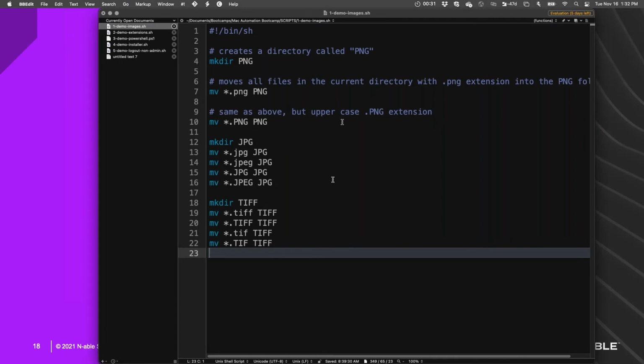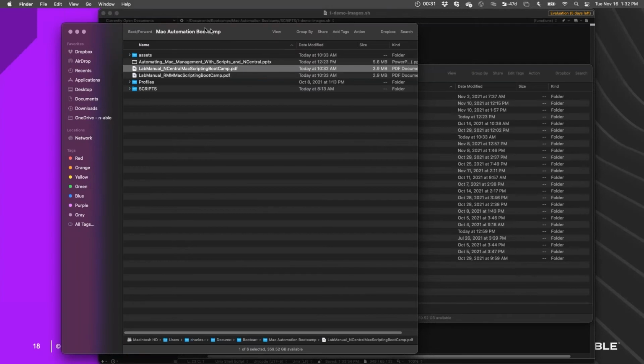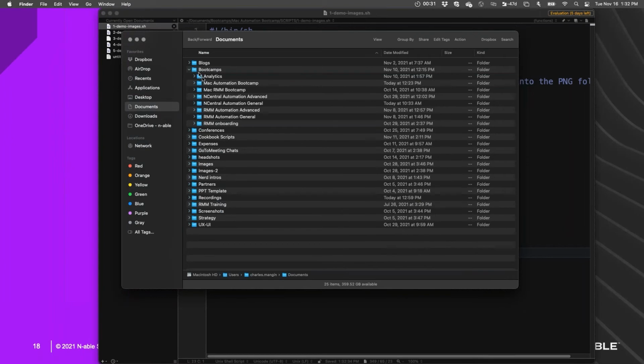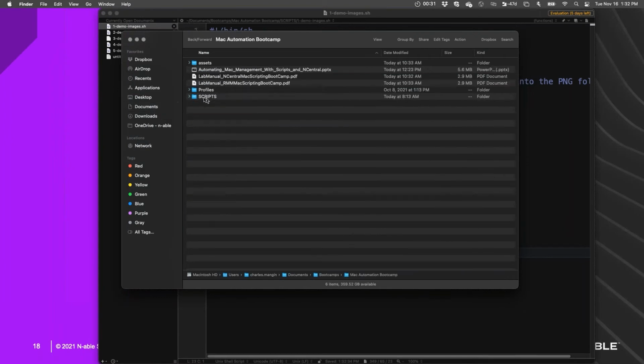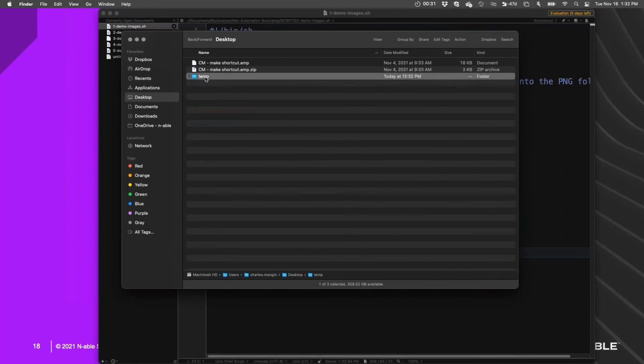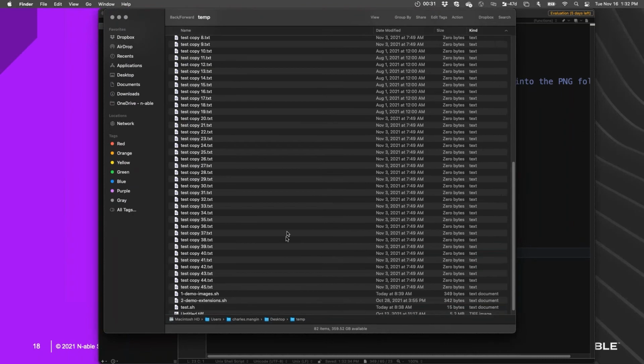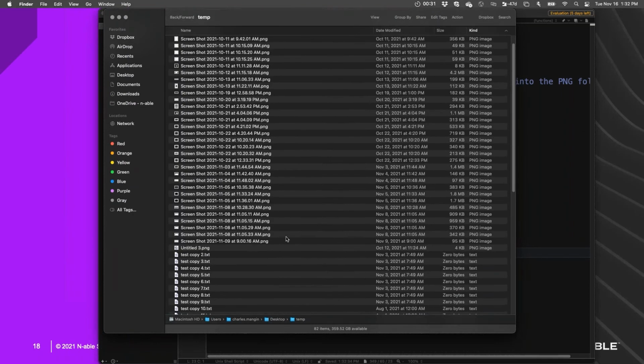So what is this actual script doing? Well, I will show you something I end up doing a lot in the Finder, or whatever you're using for file management.